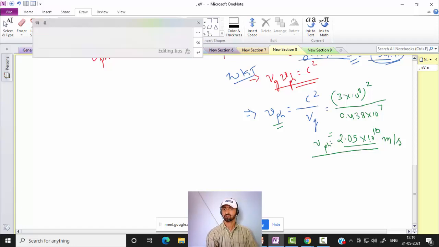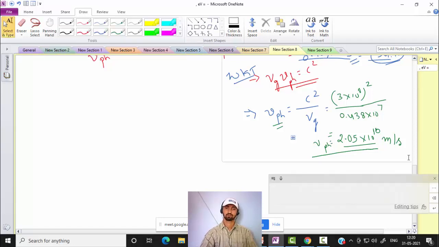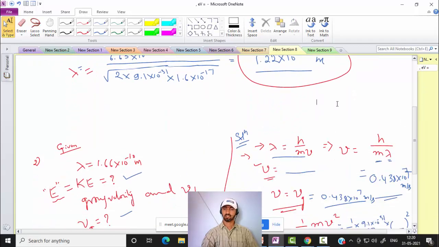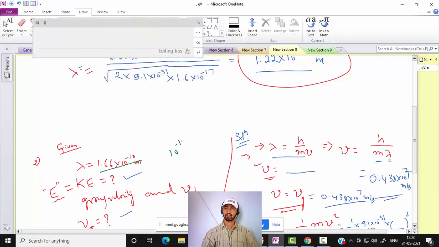Okay, that's so. If you know the de Broglie wavelength of the electron, you find the corresponding energy, and you also find the corresponding velocity. A particle velocity is what the group velocity is. Here you see the wavelength for this electron is in the range of around 10 power minus 10 meter. Generally, the de Broglie wavelength of an electron is usually in the range of 10 power minus 10. You remember, it is in terms of angstrom, 10 power minus 10 meter. This numerical value is so important in the application of one instrument. That instrument I will take in the next step.